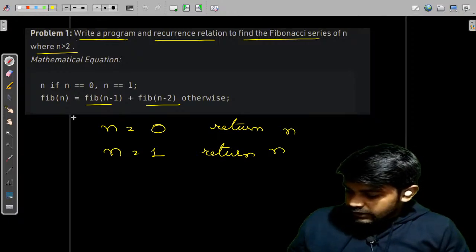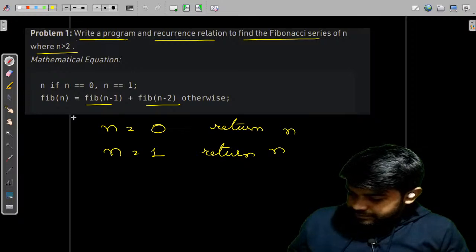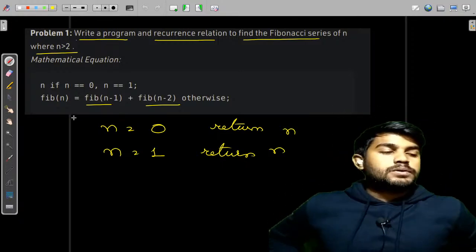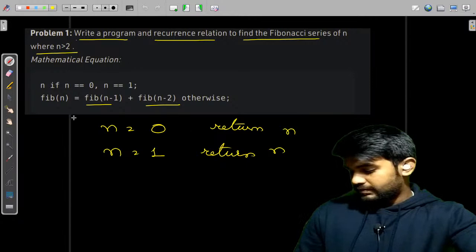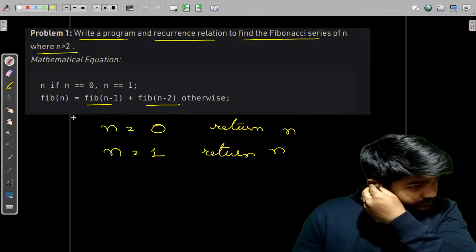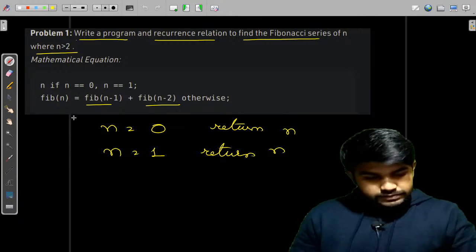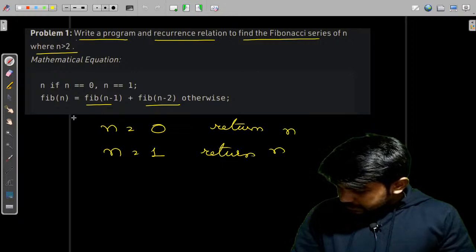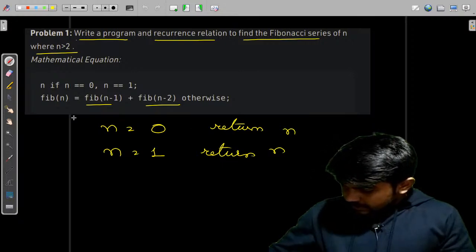Quickly tell me how to solve this problem. Recursion problem statement, what?